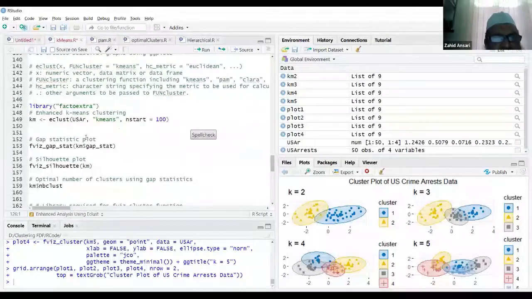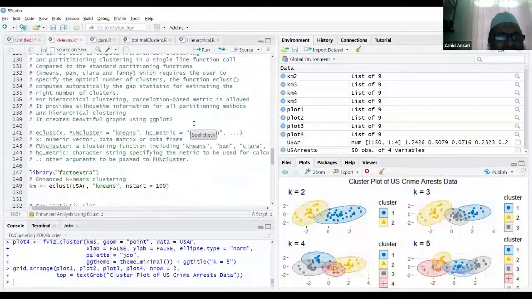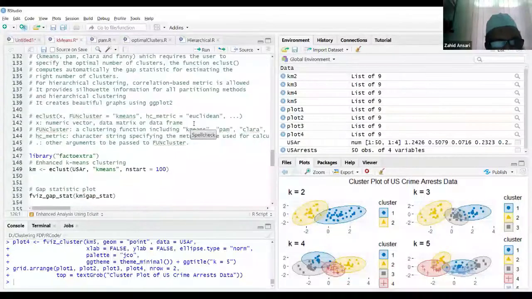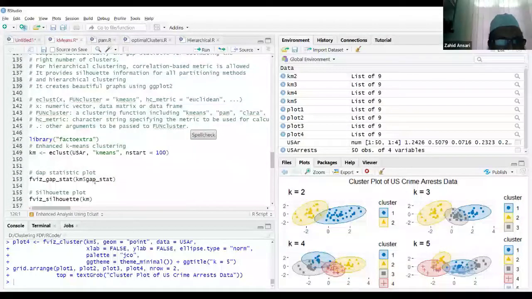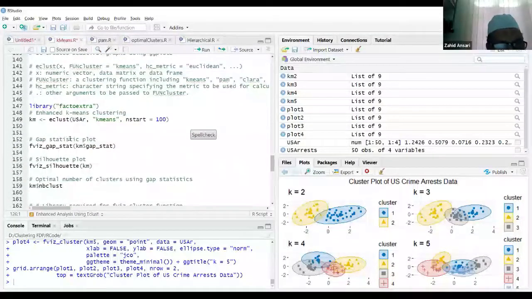See, the beauty of this is that here we need not specify the number of clusters. Based on various heuristics and the gap statistic plot and all those, it tries to find out the statistics of what will be suitable.